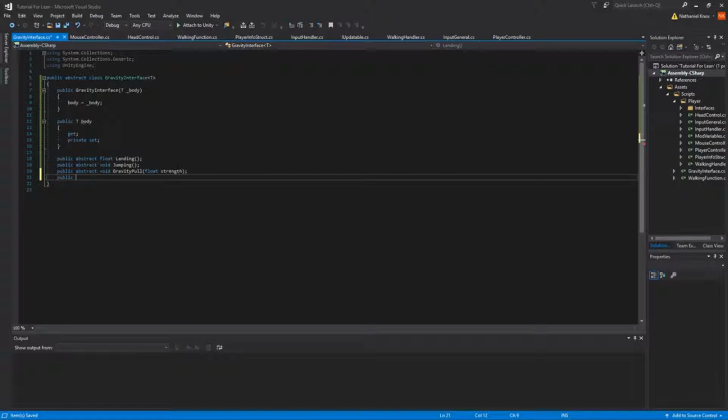I also like to do a function where it says reset gravity, such as resets the values. For this, generally the reset is very universal. I do create it as a virtual class just in case, because maybe some things are like, oh, well, we don't necessarily want this as well, but let's say if you have a gun